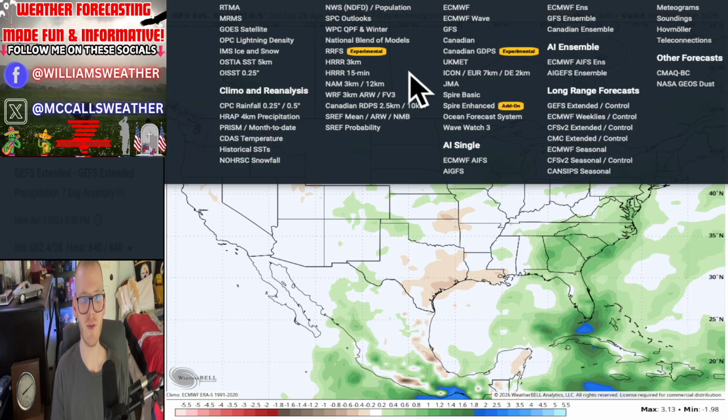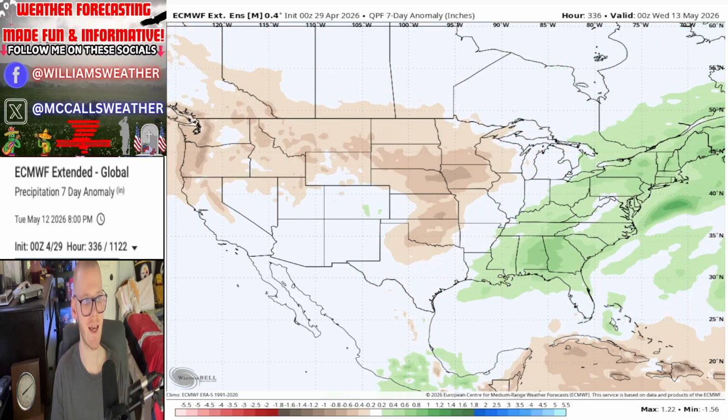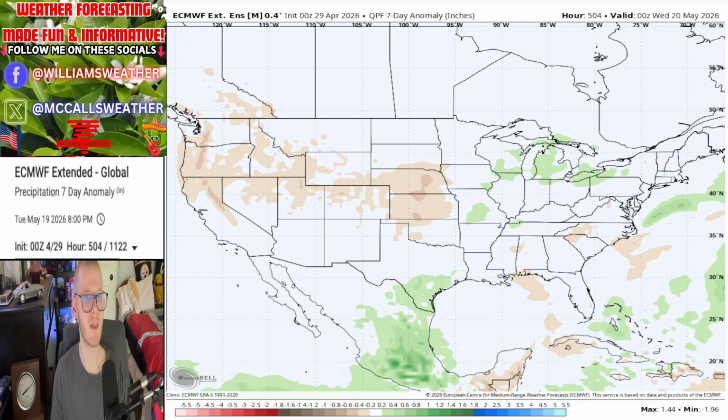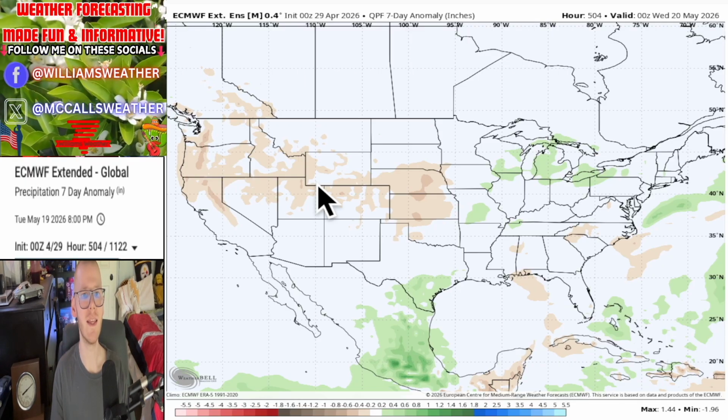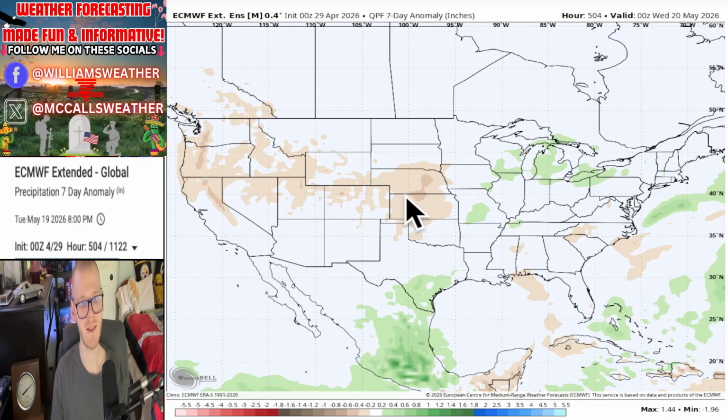Now on to the Euro weeklies. They're showing us pretty much the same story here, with the southern half of the country being above average as well as up here in the Northeast. Rest of the country is looking to be pretty dry though. Head off into the middle of the month, let's say right around the 16th time frame again. See a lot more uncertainties here as well, but leaning below average out in the western part of the country into the Plains, while the Great Lakes is above average.